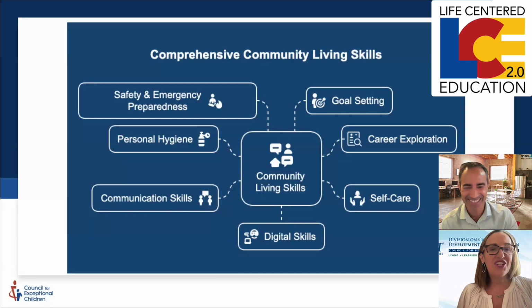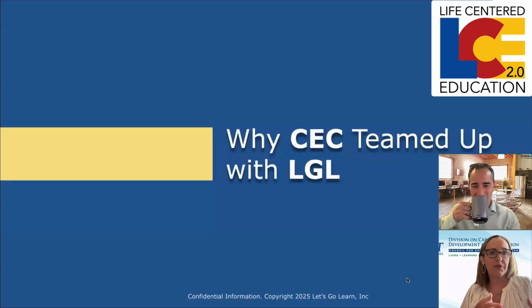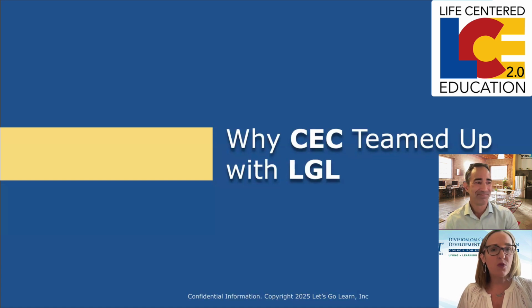And that's what DCDT is most excited about, Richard, is that we can also adapt and put things in. And we've already had some of the authors say, hey, we need to meet with CEC and let's go learn because I want to embed these lessons in. And Richard's like, great, let's do it. Let's meet. So that flexibility and making sure that we're really delivering meaningful instruction is what matters to DCDT. We want to move those outcomes for students.